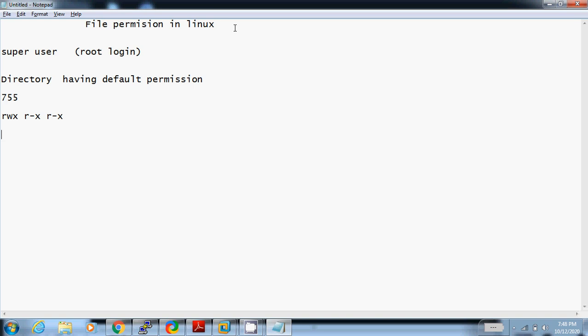In case of file, permission is 644. It means user owner has permission read and write, and other groups have only read permission. But in case of normal user login,